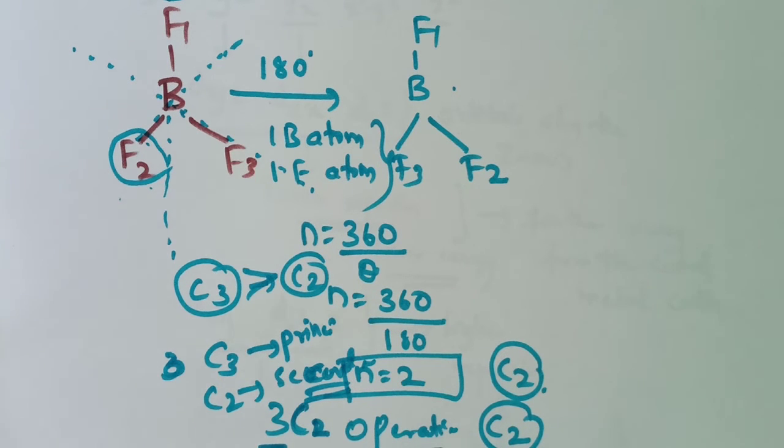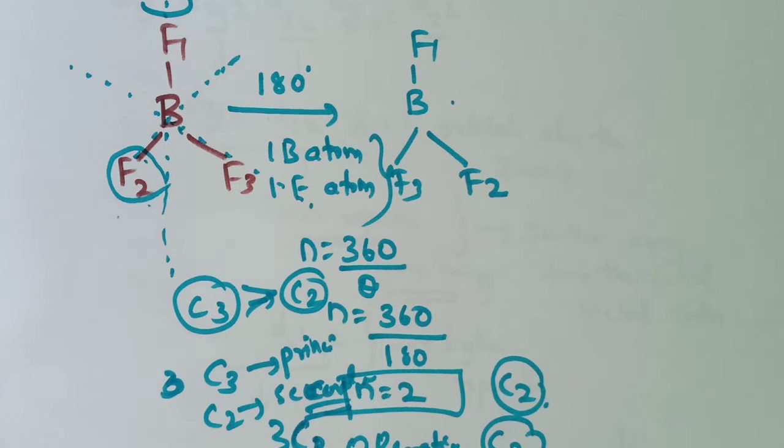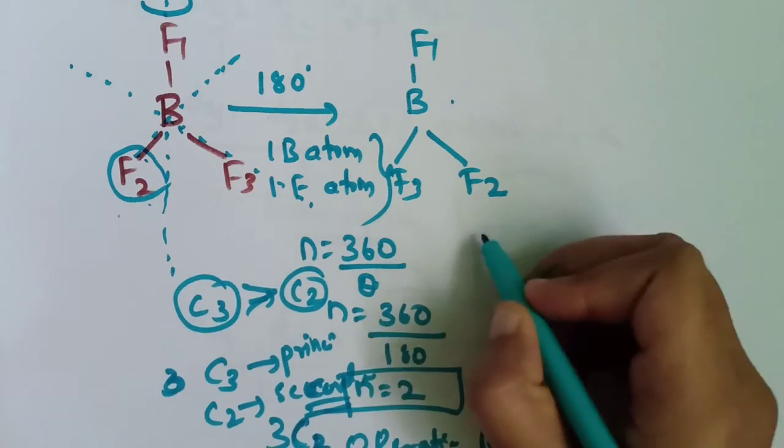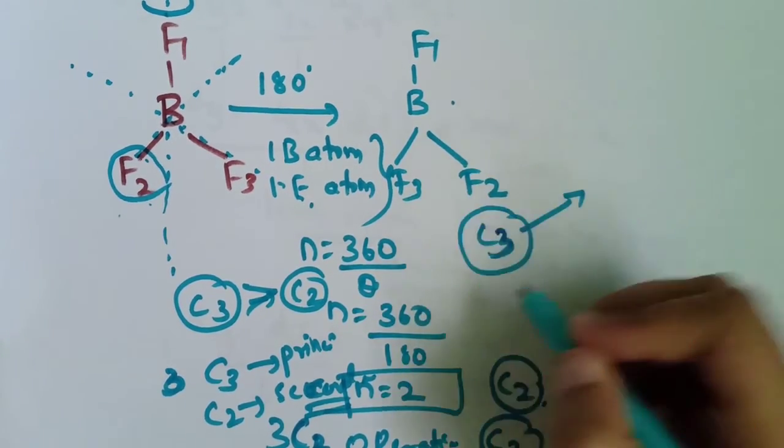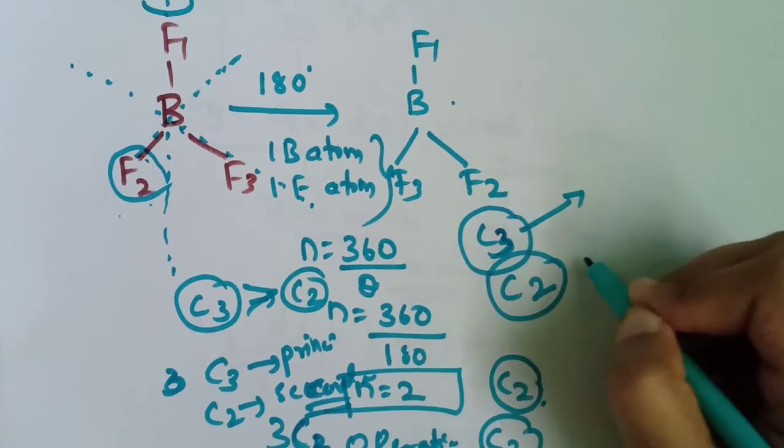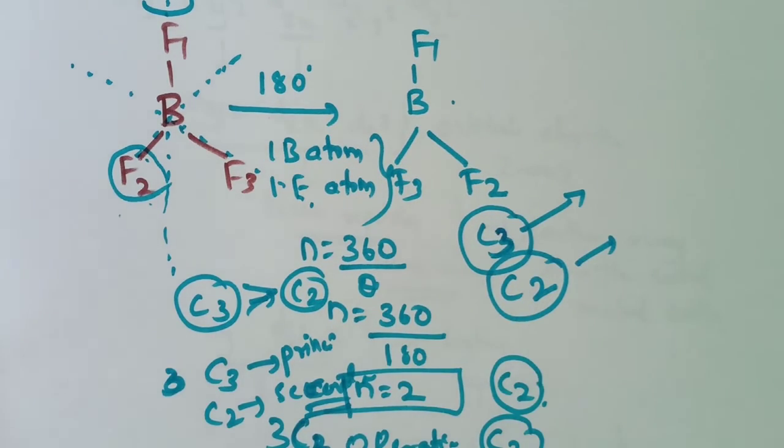Know that principal axis means highest fold of axis. So here BF3 molecule is having the highest symmetry, that is C3, and the subsidiary symmetry C2. It is the difference between the principal and subsidiary axis. Now let's take another example to make you understand it better. Let us draw the structure of NiCN4,